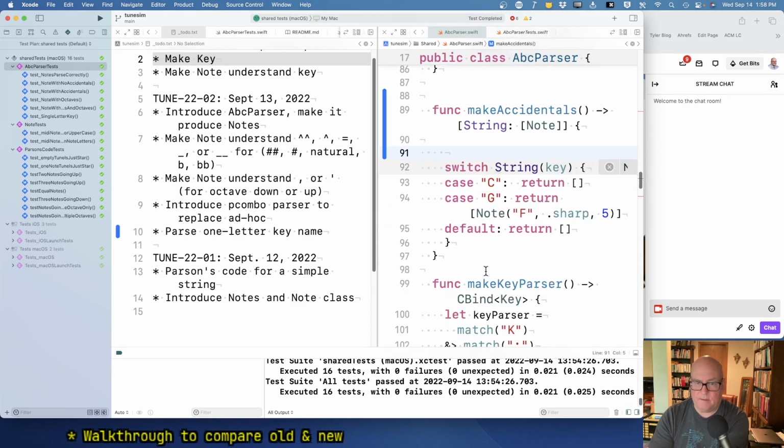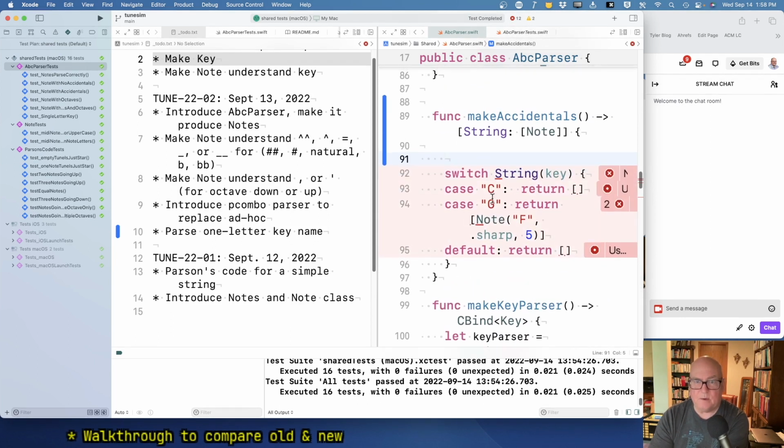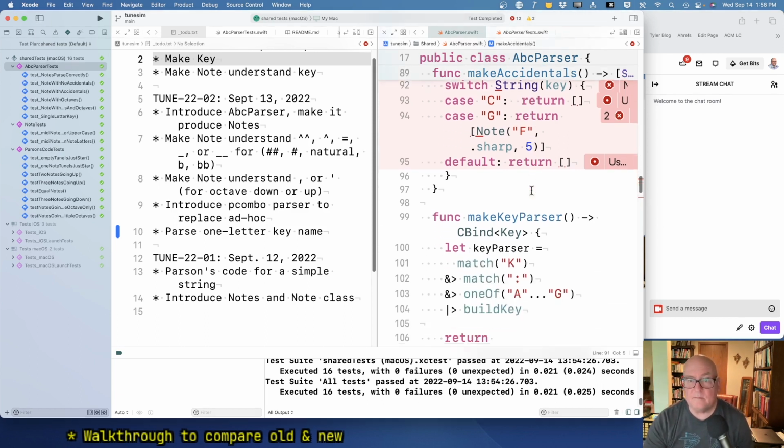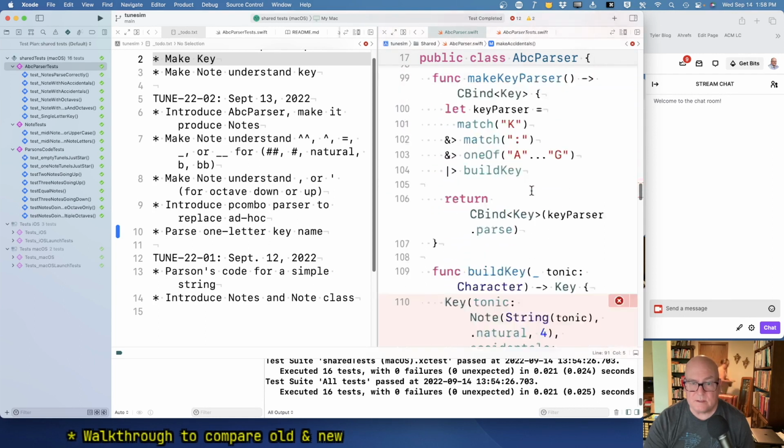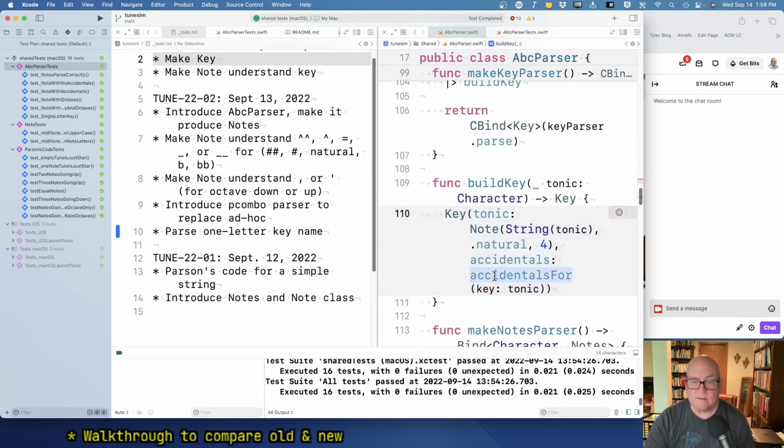Okay, now I can do all that stuff I wanted to do before. Annoying, but maybe I can make it work. All right. We still need that lookup function. Okay, this is accidentals for. I should have kept